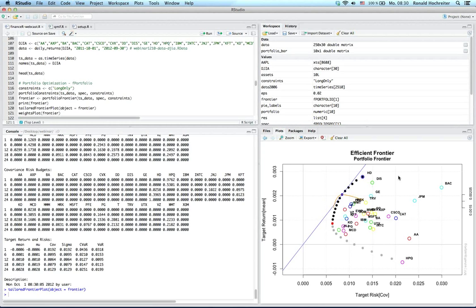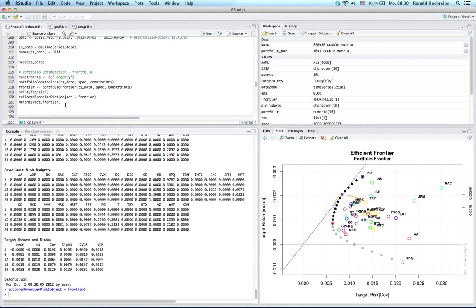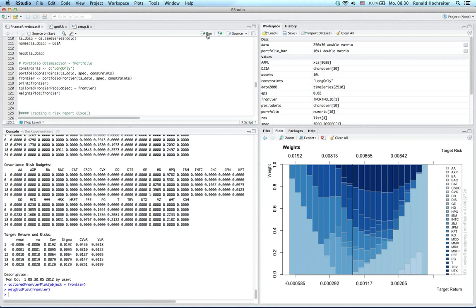But still, you see we have 30 assets, and we get a graph right out of the box of this library, which is really beautiful, and you can include in some report right away. Of course, there's also this weights plot where we can take a look at the investment of the portfolio given the different target return levels